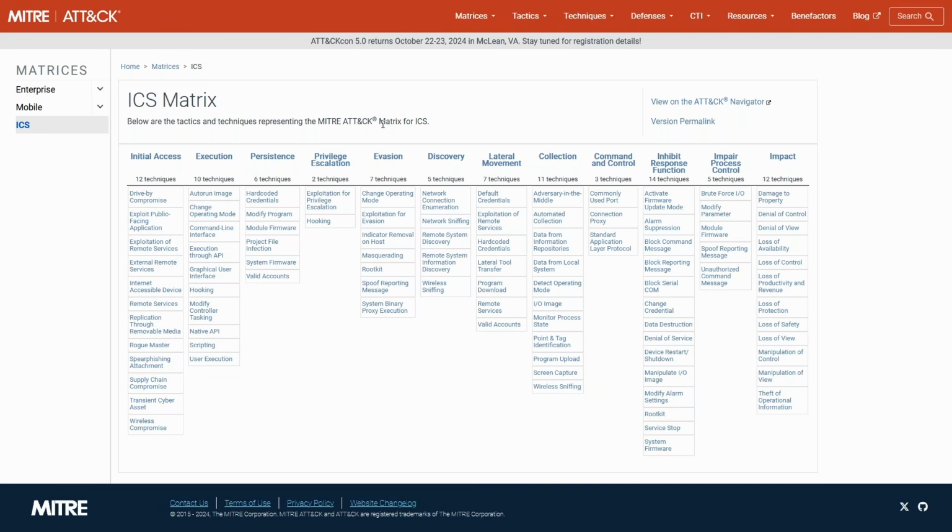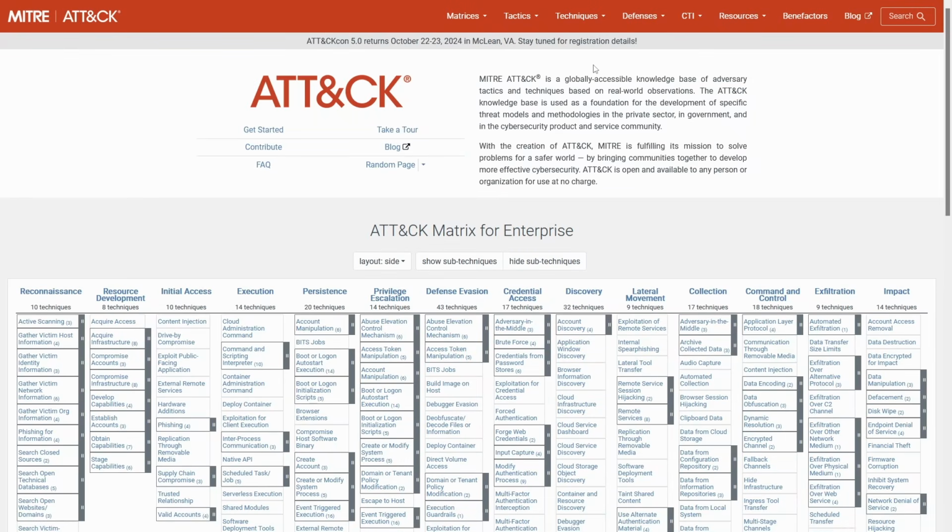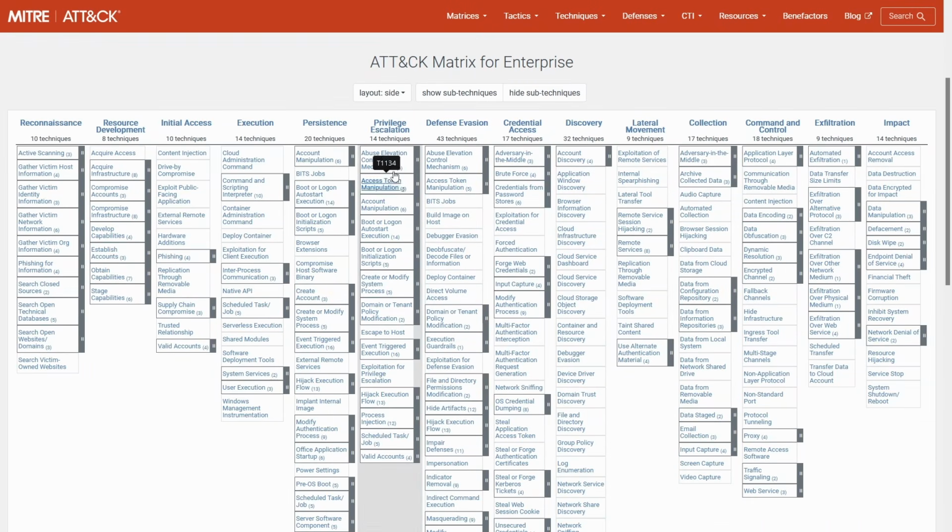You can see for the ICS environment, or industrial control systems environments, they're also going to be very different because you're dealing with different operating systems now. And for example, you can see the tactic inhibit response function. You have stuff like activating the firmware update mode, or what attackers have typically done, like suppressing alarms, and so forth. Anyway, so that's the matrices, and we've talked about TTPs, but one thing I want